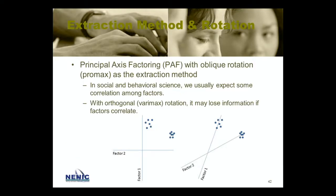So the next step is to do the extraction methods. Mostly people would do principal component analysis. However, for exploratory factor analysis, people recommend principal axis factoring and then oblique rotation as well. Oblique rotation is a promax rotation, meaning that we assume the factors correlate. If you do Varimax, you assume that the factors don't correlate. However, in the literature,